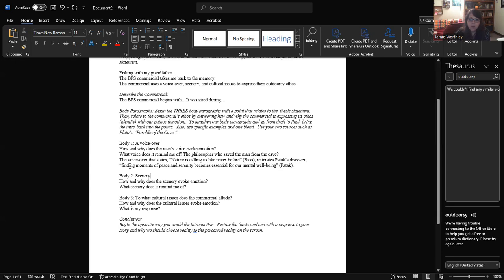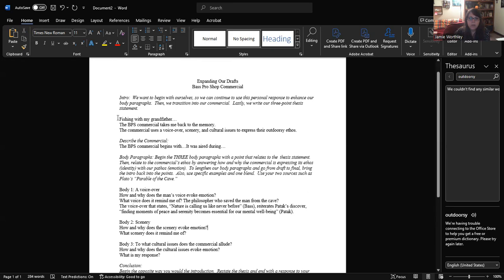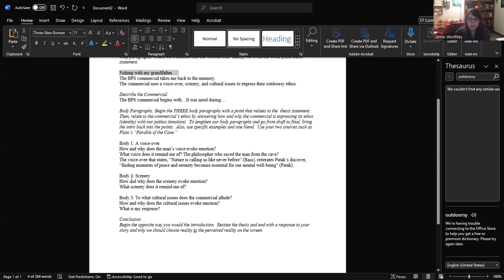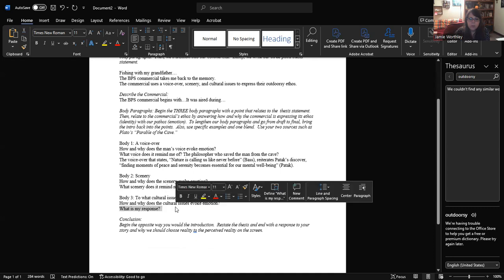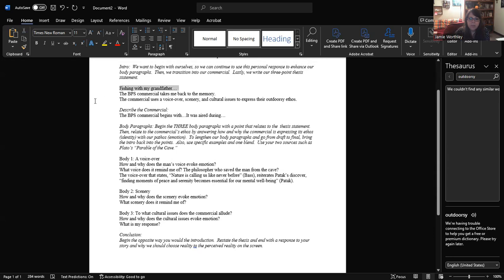What I want to talk about is found in all three. So if we have our original draft, and now we want to expand our original draft, we want to make sure that we have a blend going on. We want to make sure that we're bringing to the story that I talked about up here, this fishing with my grandfather. I began with the story. I'm going to end every body paragraph going back to that fishing story, going back to how I felt and all that. So what scenery does it remind me of? That's body two. What was my response to the cultural issues that the commercial alludes to? Right, how and why. So I'm going to keep on bringing my introduction back into,